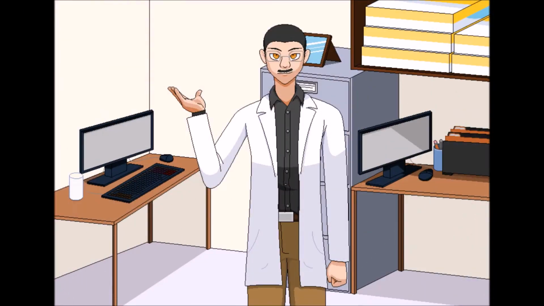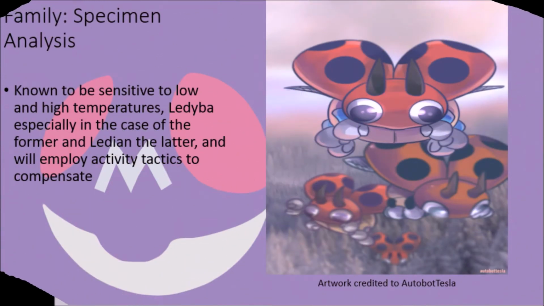The members of the Ledyba family are fairly straightforward insectoids to understand, as they share much in common with the normal ladybugs that they are closely related to, though this also hints towards their limited combat ability as well. These creatures are noted for being quite sensitive to temperature, and thus tend to avoid situations where they are exposed to such environmental conditions. In the case of Ledyba, this means that they will often gather and huddle together in swarms during the cold winter months in order to keep their bodies warm, thriving more so in places that are